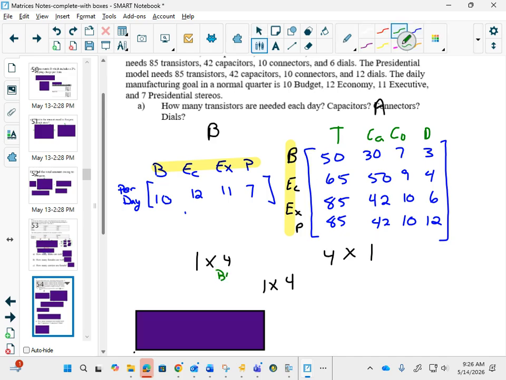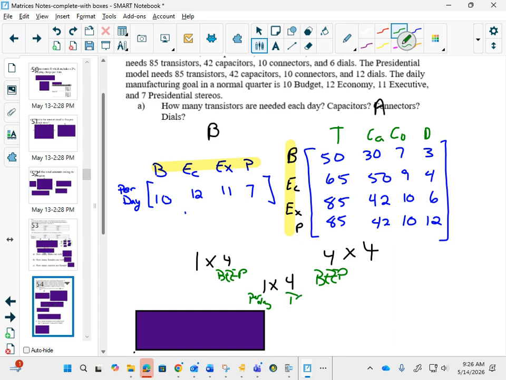This 4 is my beep. This 4 was my beep. They match up. Beep, beep. And my answer is going to be, oh, this is a 4. There it is. My answer is going to be a 1 by 4, and my 1 is my per day,